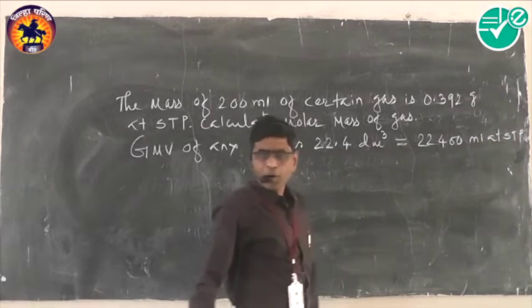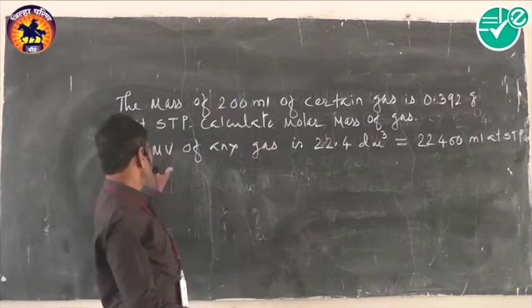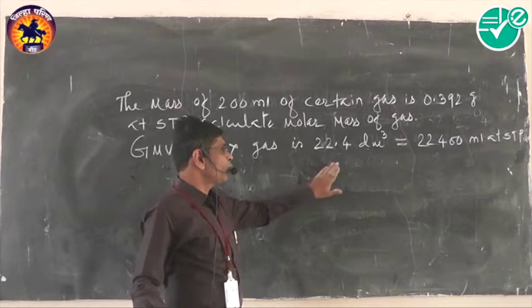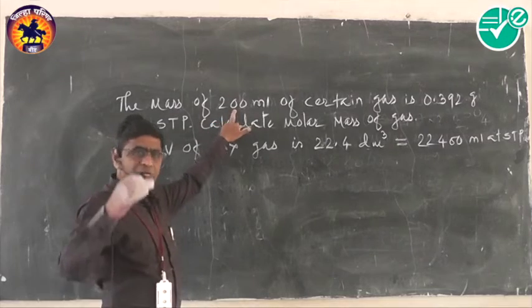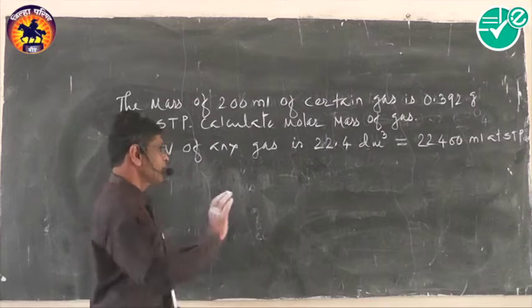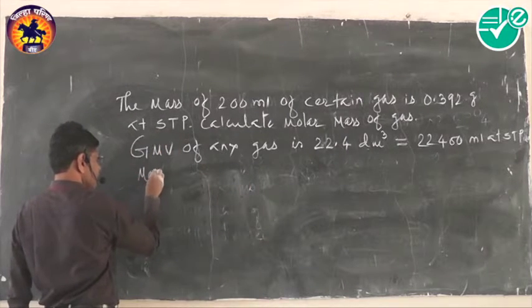Now this problem is based on this concept. Gram molar volume of any gas is 22.4 decimeter cube at STP. Now in this problem, volume is given in ml, and thus we have to consider here gram molar volume in ml. And thus remember, mass of